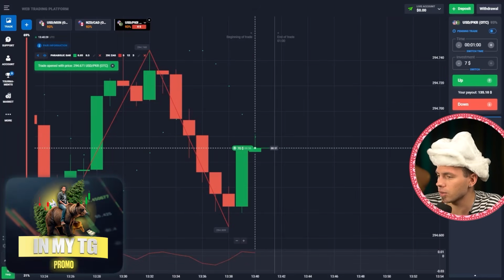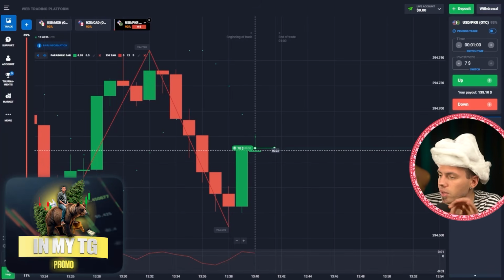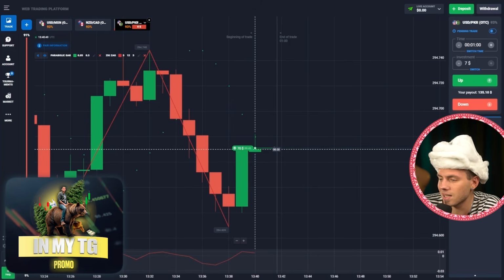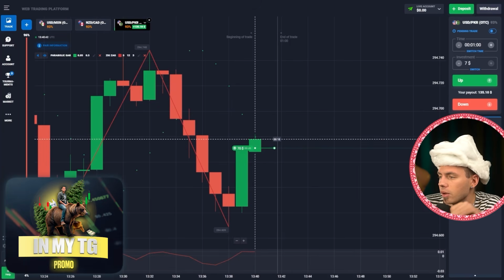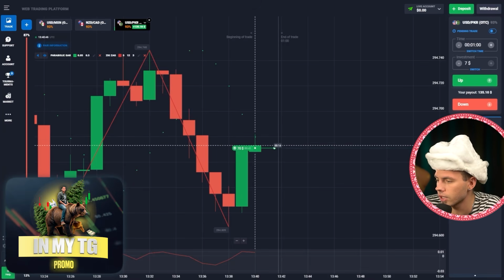So let's set the amount and open a buy trade over here, $70. As you can see on the graph, there was a change of the trend, guys, and the uptrend has started right now. We rebounded from the lower boundary of the zigzag. You see, we reached this lower boundary on